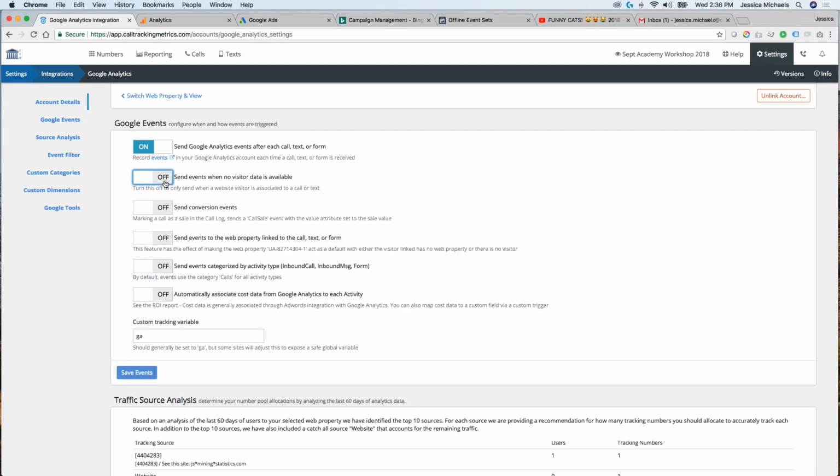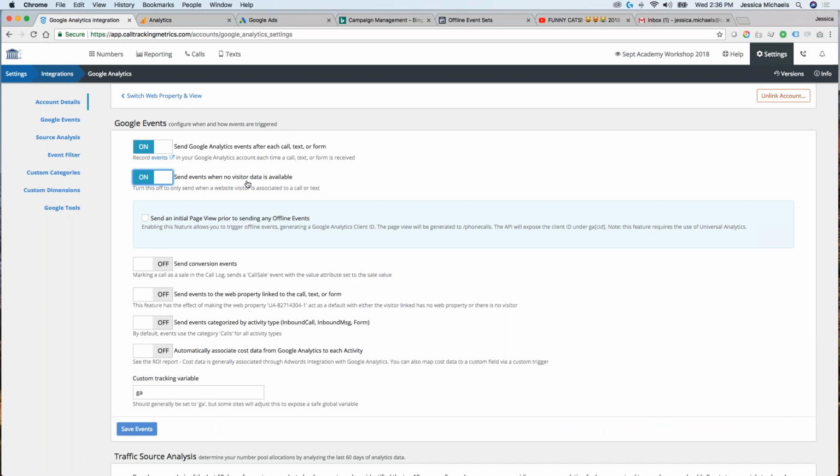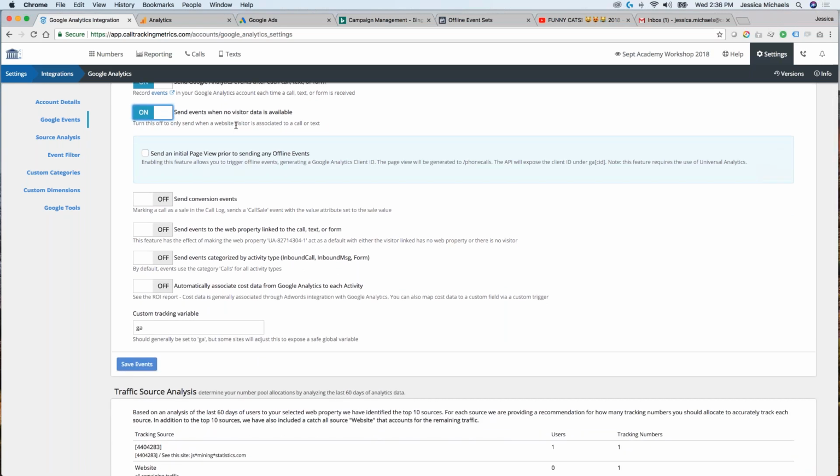You could just disable it if that's not what you would like. But if you do choose to send offsite calls into analytics, we give you the option to send an initial page view prior to sending the offline event, so that it'll actually create a fake session. Yep, so we can go ahead and enable that.